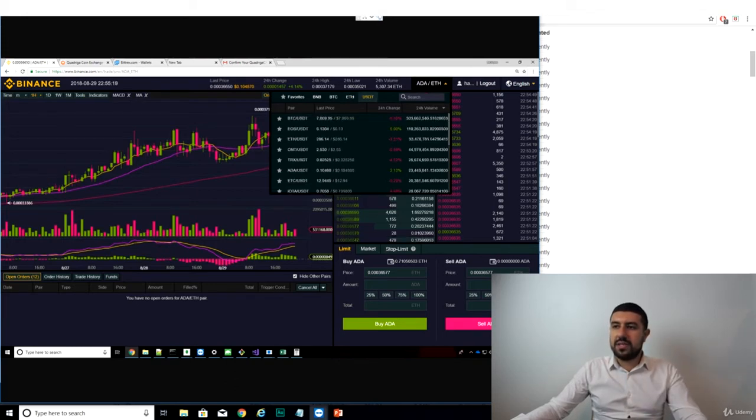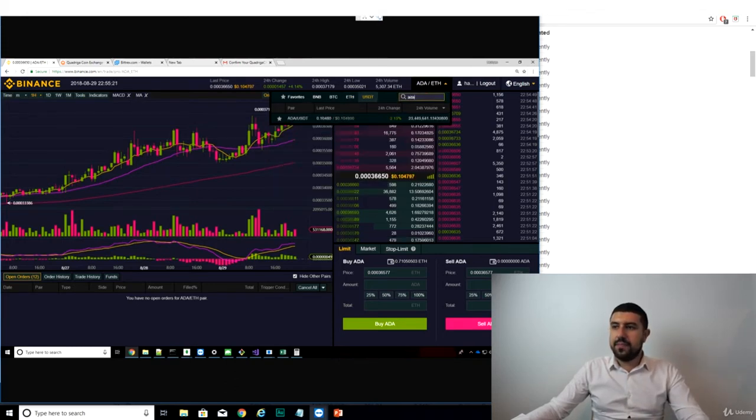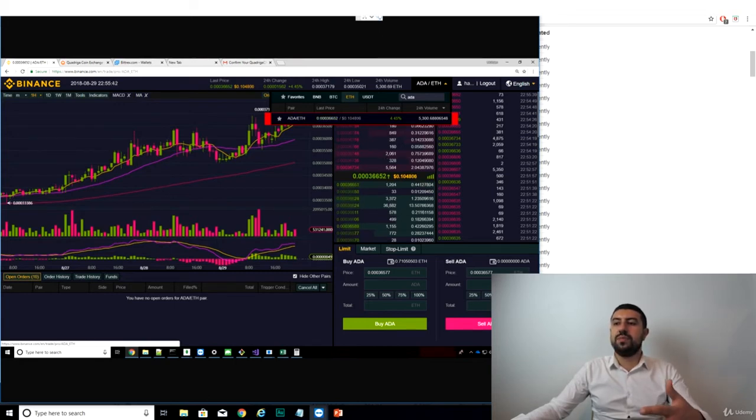Now if I go on USDT and I put ADA, well, ADA costs 10 cents, right? If I'm paying with US dollars, for $1, I can probably buy 10 ADA. Now, if I'm using Ethereum, well, it'll cost me 0.00036 Ethereums to buy one ADA. And if I check the value of 0.0003665 Ethereums, it is 10 cents. So even though there's different order books, when you convert one to another, it comes out to the same price,